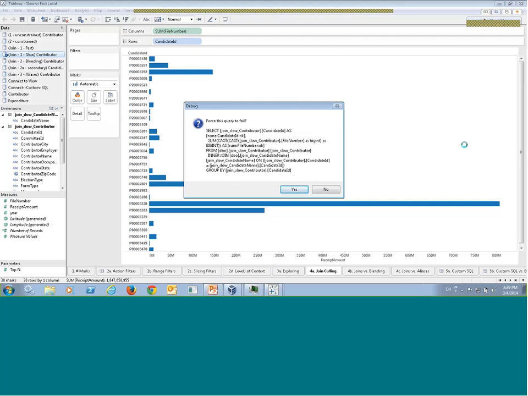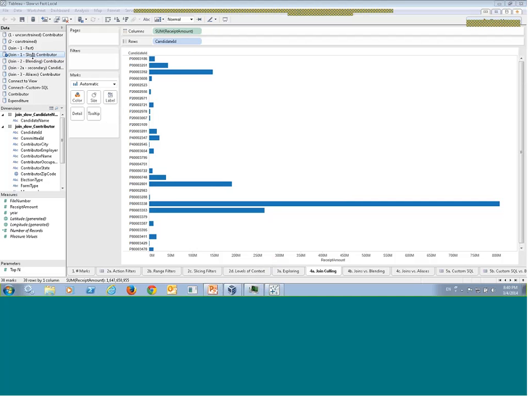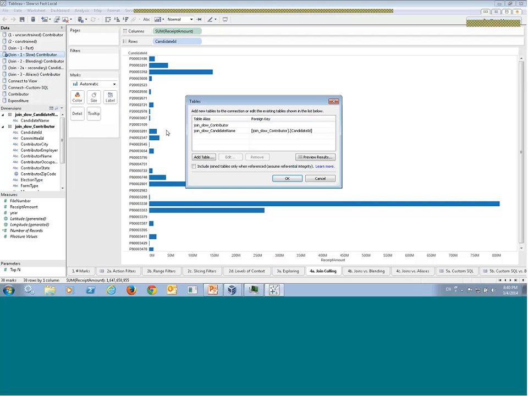Now let's go in and enforce referential integrity. The tables. Notice there is a checkbox here for you to assume referential integrity. Let's just click on that,